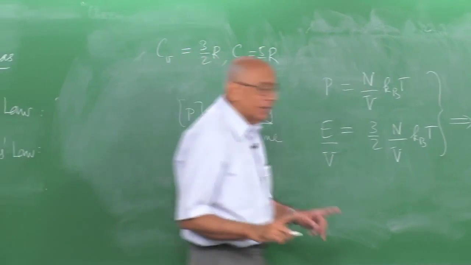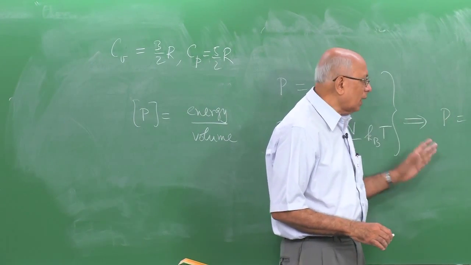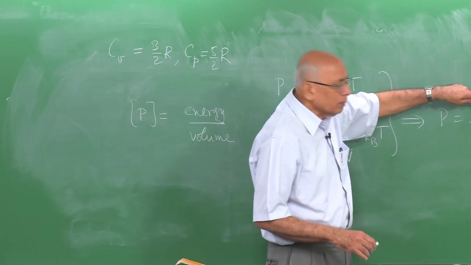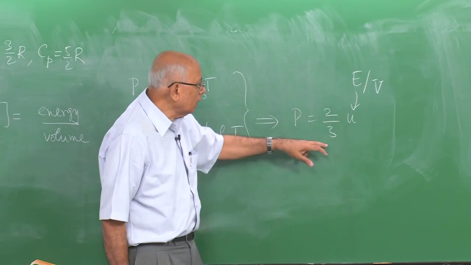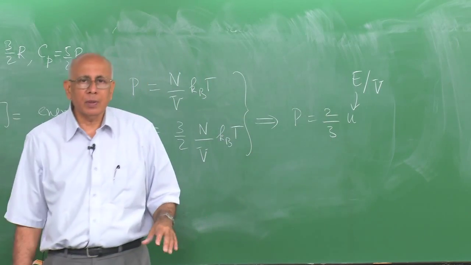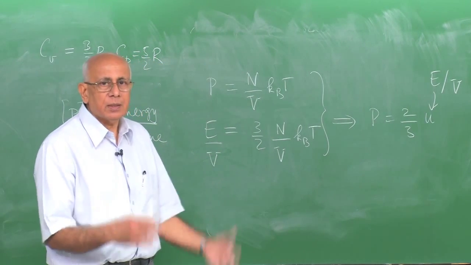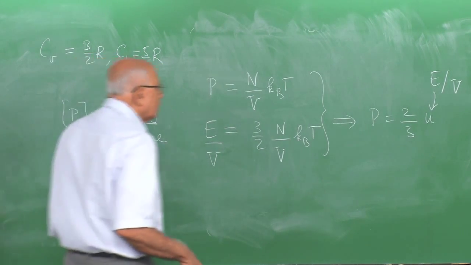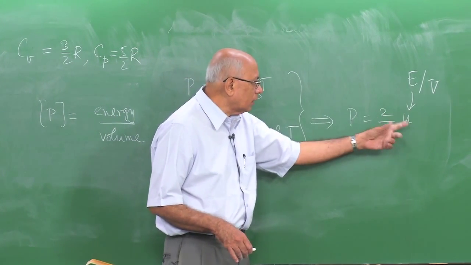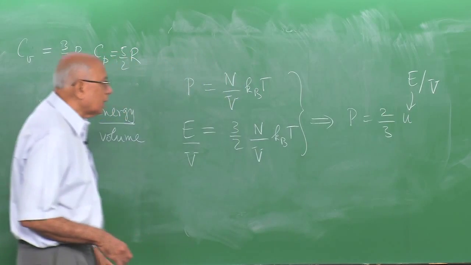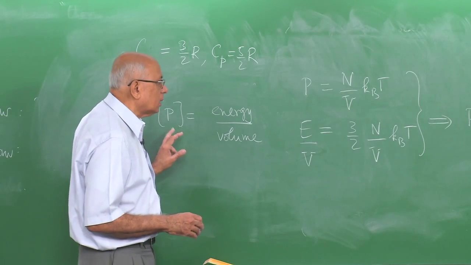I point out again that this relation is specific to the classical ideal gas. The 2 comes from the quadratic relation between the energy and momentum of an individual molecule, the 3 comes from the fact that the molecules move in 3 spatial dimensions, and those facts become clear when one does statistical mechanics. But this is yet another way of writing down the equation of state directly in terms of the energy density here, because that is the only quantity which has the correct dimensions, the same dimensions as the pressure itself.